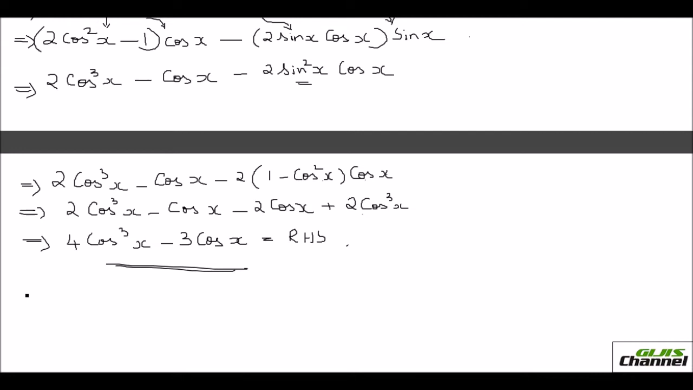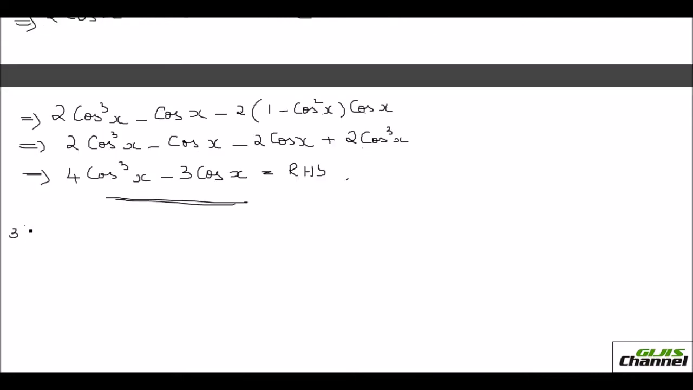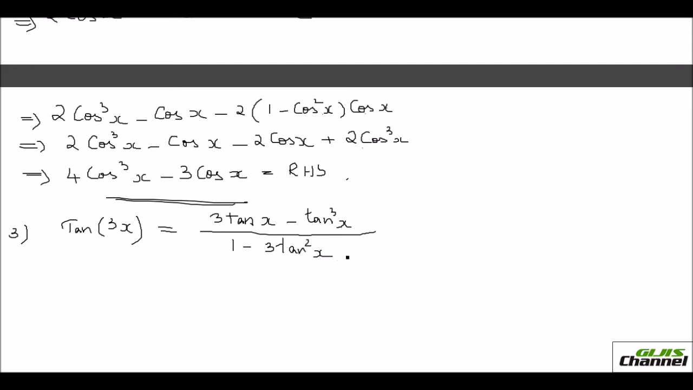Got it? You have one more, that is the tan 3x formula. Tan of 3x is equal to, as per the formula, it is 3 tan x minus tan cubed x whole divided by 1 minus 3 tan square x. Okay, let us see how to derive this. As earlier, we are going to split this 3x. I'm going to start with my LHS, my left hand side, and my tan of 3x,